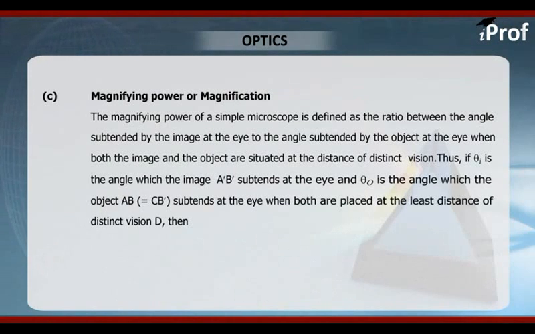Now there is one term associated with microscope, and it is magnifying power or magnification. The magnifying power of simple microscope is defined as the ratio between the angle subtended by the image at the eye to the angle subtended by the object at the eye, when both image and the object are situated at the distance of distinct vision. Let's make calculation, and using the figure shown on the screen,